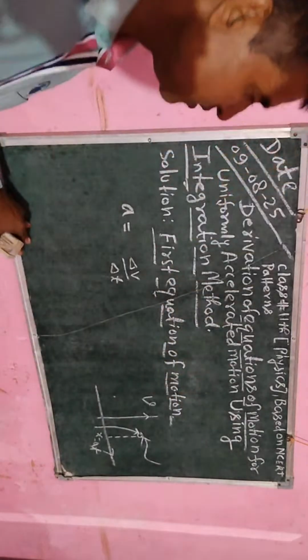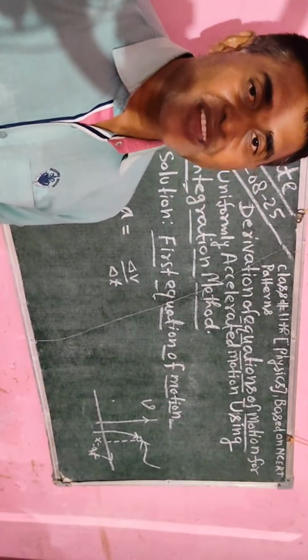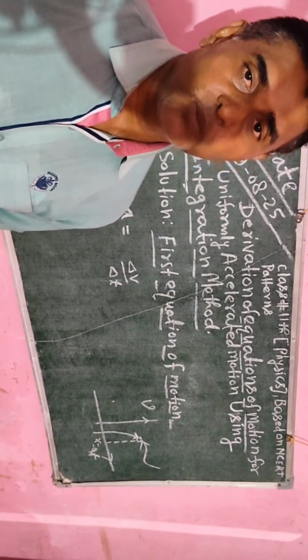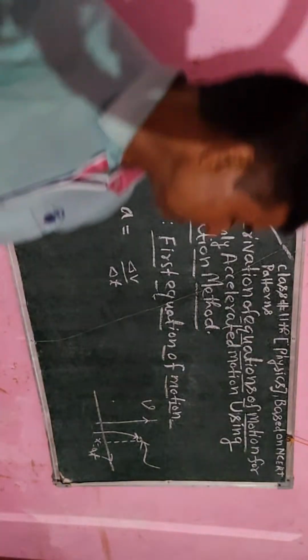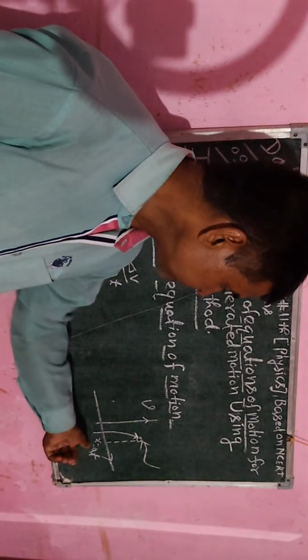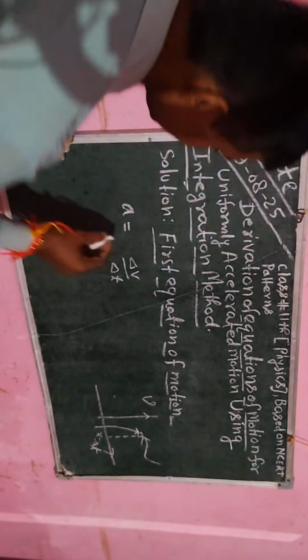If the value of the left hand limit and the value of the right hand limit are equal, then I will say I have the limit value at x equal to a. Similarly I will write here